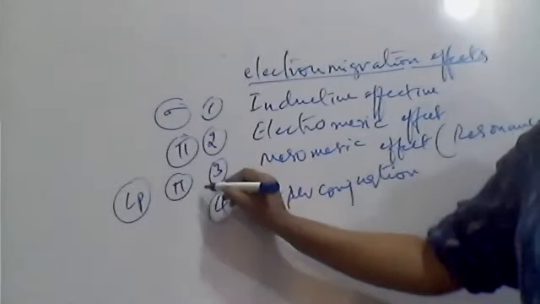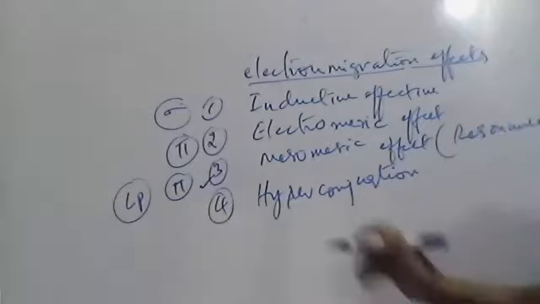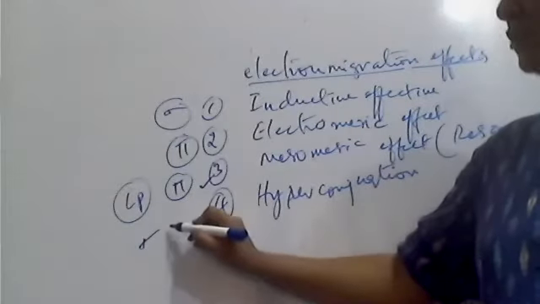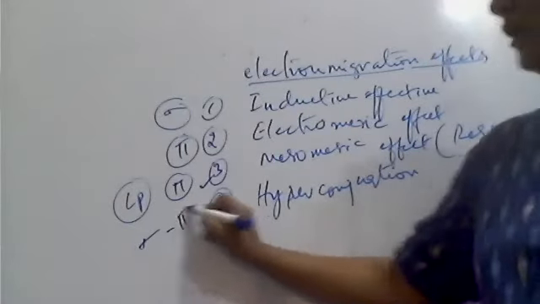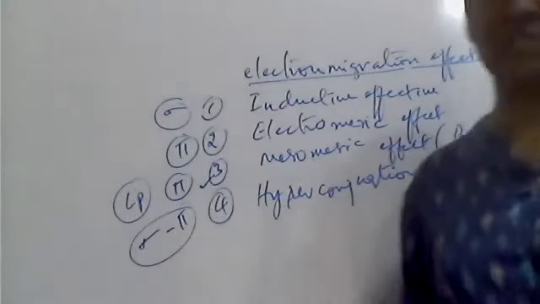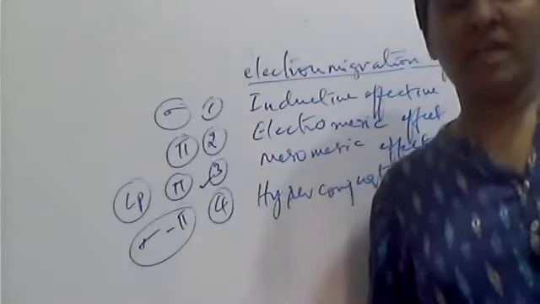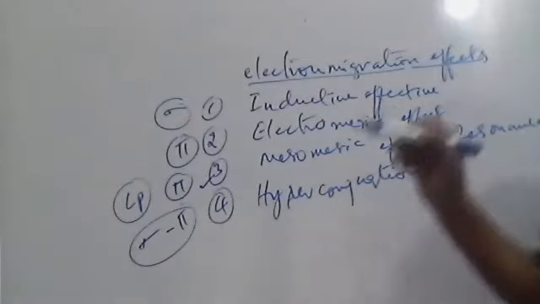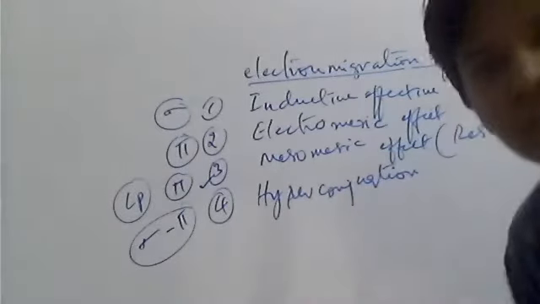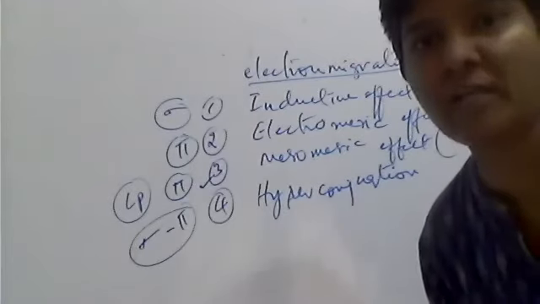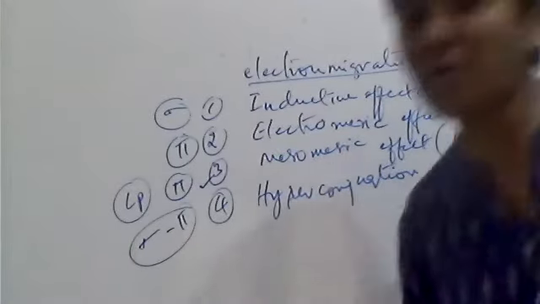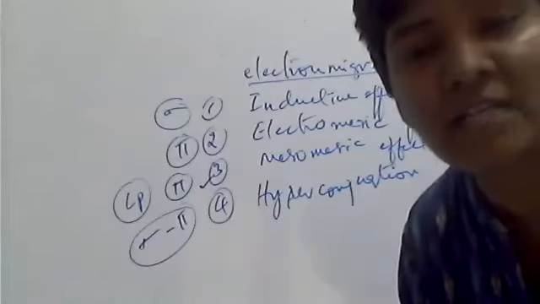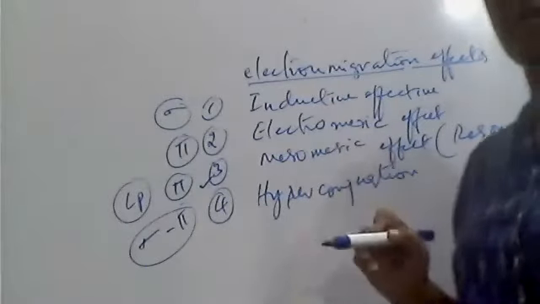But for this, conjugation is required. Whereas in hyperconjugation, a sigma bond will move towards the pi bond, which is very special. You please watch the videos. Understood? You should. Hyperconjugation. So which bond is moving in the inductive effect, pi or sigma? Sigma bond movement. And in which only the pi bond is moving? The electromeric effect and the mesomeric effect.